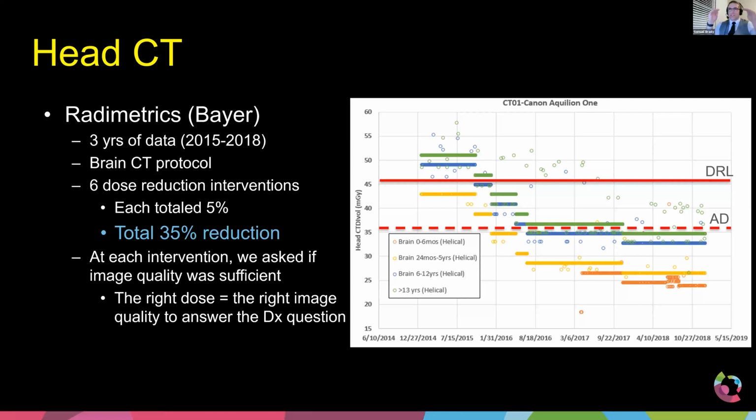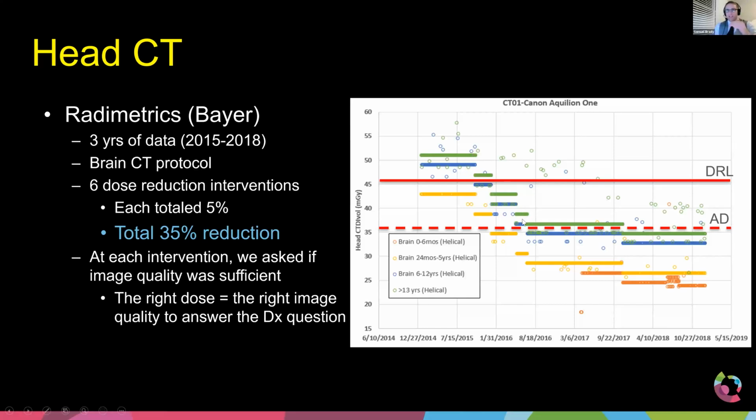In other words, it uses less mA. So in this case, I didn't change the mA knob. I can't turn the mA knob high or no. I can't do that. But I can say I'm okay with a little more noise, that noise index value. And then the system will go from this step down to this step. Now, the only caveat when you're using tube current modulation and you're trying to go from one step